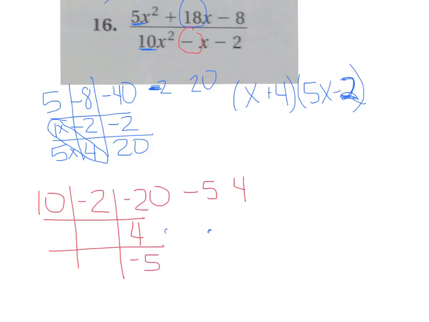The greatest common factor between 10 and 5 is 5. We're just going to finish out the rest of our rows with what it takes to multiply to get it. 5 times negative 1 is negative 5. 5 times 2 is 10. And just fill in everything we need. On the left side, we're going to